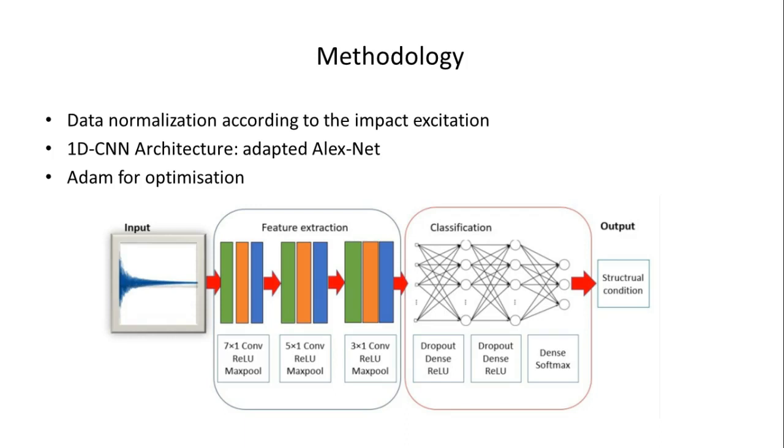And for the 1D CNN architecture, we choose a very iconic neural network, AlexNet, which increased the accuracy by around 20%, from 70-something to 90-something, in the 2012 ImageNet competition in the image analysis domain. But we adapt that because the normal deep learning algorithms are all for images, so they are essentially 2D. We adapted it to 1D. And then we also choose another optimization algorithm named Adam for the optimization of the 1D CNN neural network,